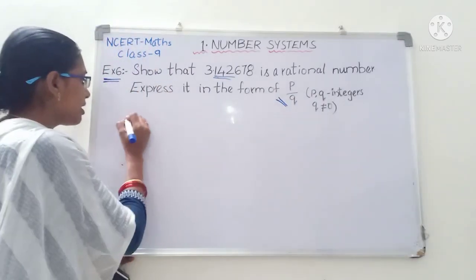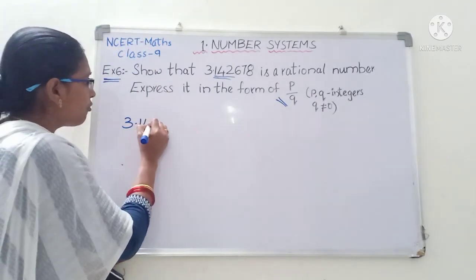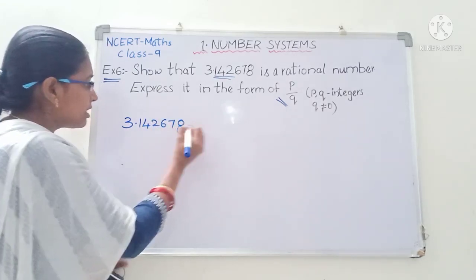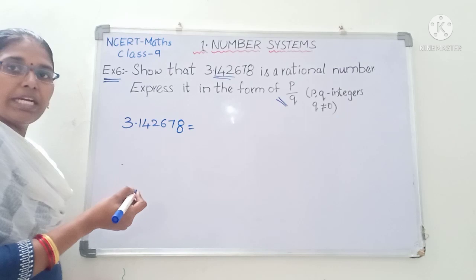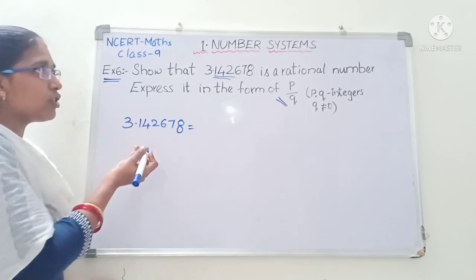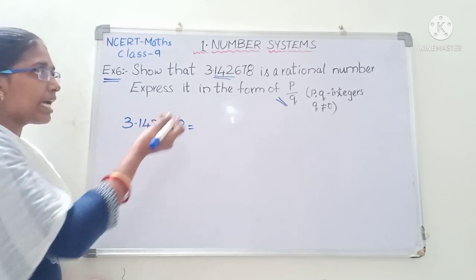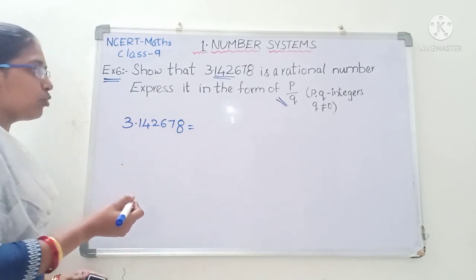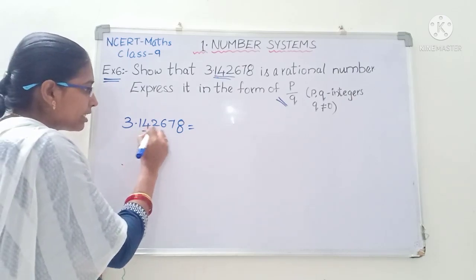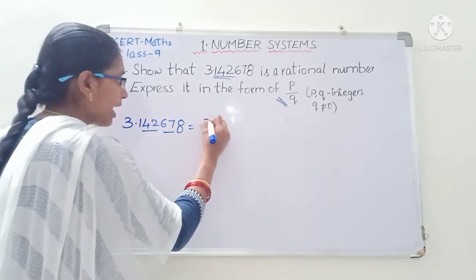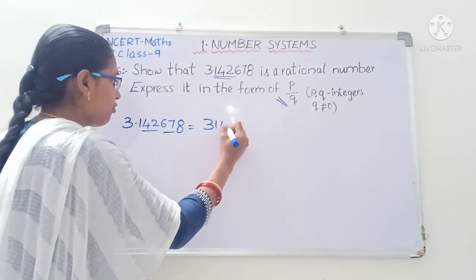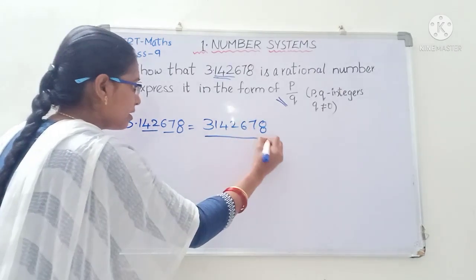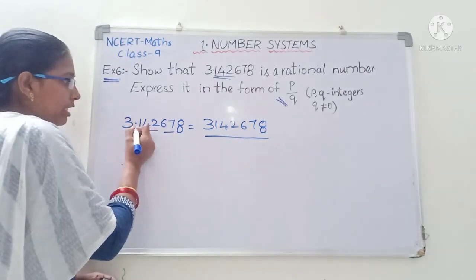Okay children, let's see. 3.142678. This is terminating, in the sense of a terminating decimal expansion, so it will be a rational number. But they are asking to express it in the form of p by q. So let's see how we can do that. After the decimal, how many digits are there, children? 6 digits. So you can write it as 3142678 by